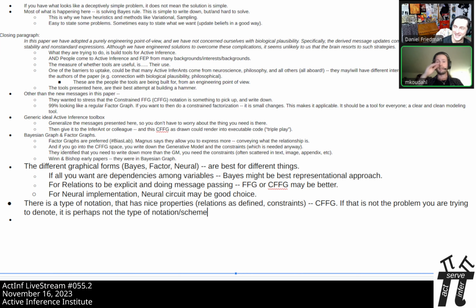So again, we could try, and some ideas might be more expressible in German than in English. But if none of us speak it, it's not going to aid us in transmitting information. So for this setting, English is probably the right choice of language. For other settings, it might be Bayesian networks, and for other settings, it might be CFFGs. I have a bias towards CFFGs because I think they are the nicest way to represent everything that we want to do. But for other people, it might be different, and that's okay.